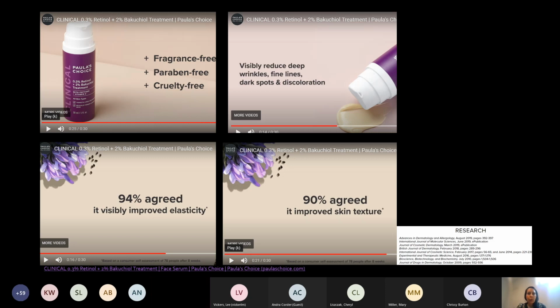Now, retinol is well established. It's a well-established cosmeceutical. There's 20 years of history on retinol and its mechanism of action. Bakuchiol, maybe a few years of information, but when you look into their website, you see that their claims are not because they performed robust clinical efficacy studies, but because they utilize research from peer-reviewed journals to